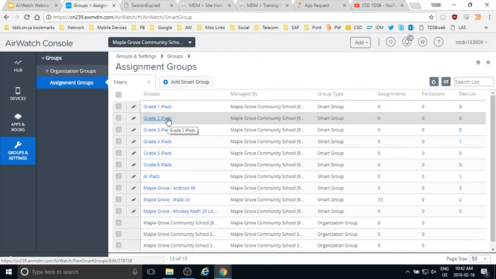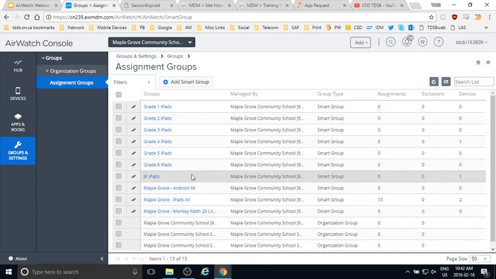And you can imagine even if you have a paid app. Say, for example, what's an expensive one? Proloquo2Go. Proloquo2Go is a very expensive app, and if you've paid for it, you'll probably only have a handful of licenses. So rather than saying I want Proloquo2Go on all my iPads, if you have, let's say, 50 iPads but only 10 licenses, you don't want first come, first served to grab that app.